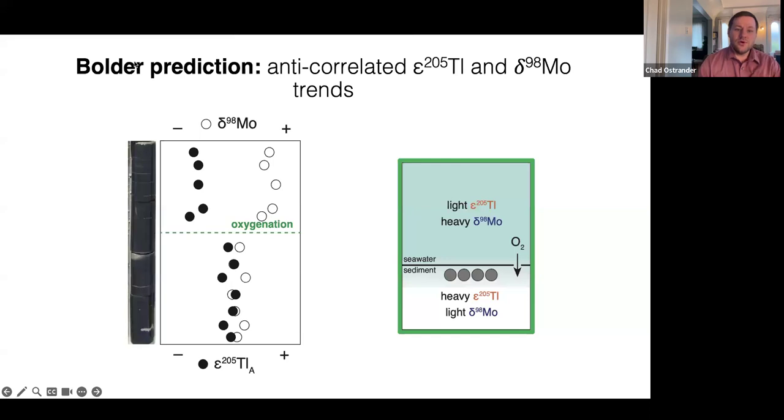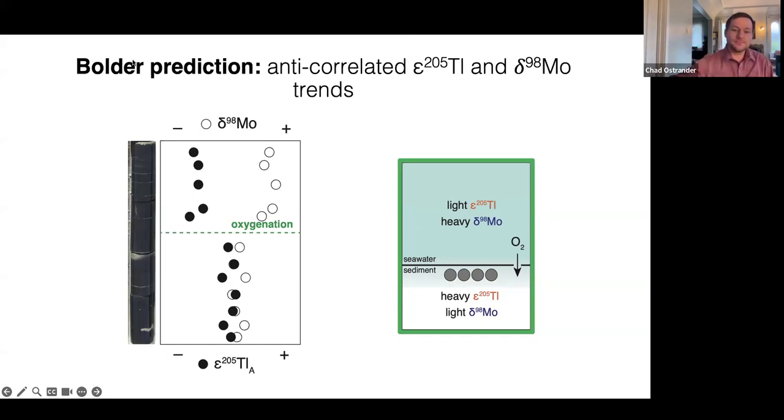And so knowing how molybdenum and thallium behave when absorbed to manganese oxides, we can come at the Mount McRae Shale with a prediction that if we apply both of these systems to the Mount McRae Shale, and they're both tracking manganese oxide burial, then we should expect to see this anti-correlation whereby you're forming a lot of manganese oxides on the seafloor. This will take up isotopically heavy thallium and light molybdenum, and it would drive the opposite signals